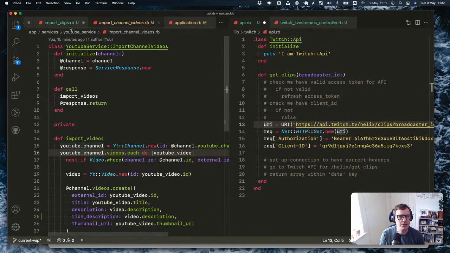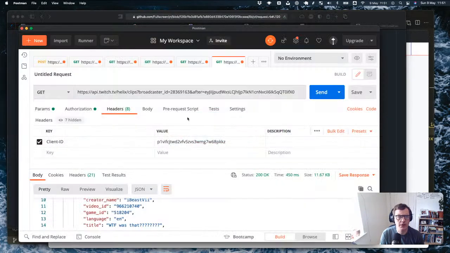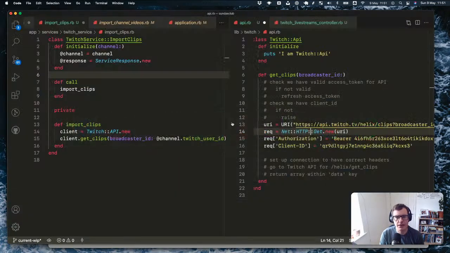And again, this is the code that we're going to call from our importer. It's going to set up a new HTTP request. Is that a get request? Can't remember what we were doing. Yes. Okay, cool. So again, that's something where we're just hard coding get here, but we looked at the YouTube